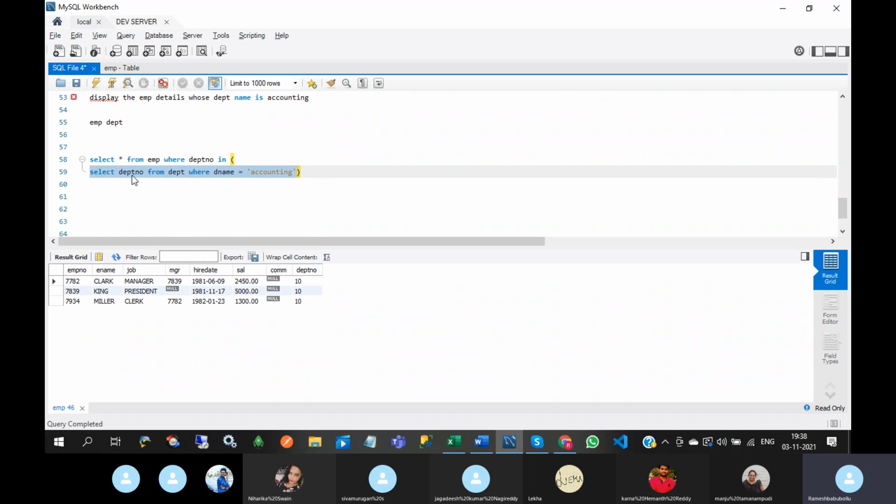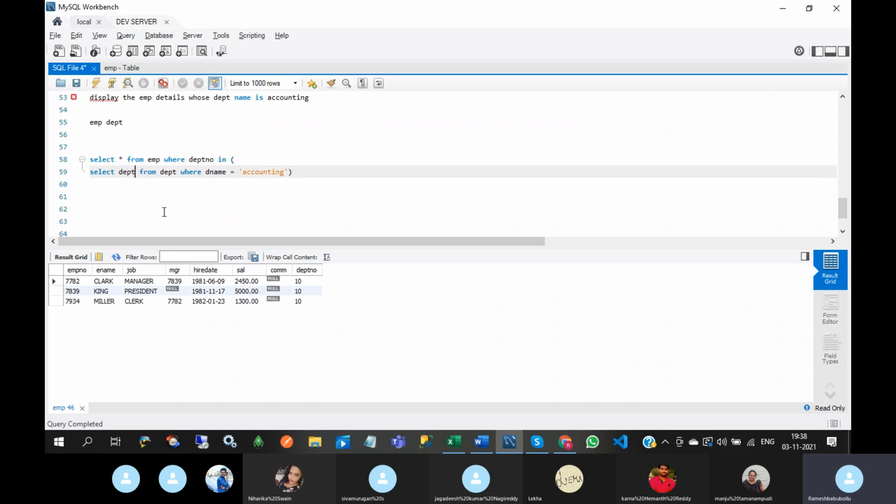In this inner query, you should not write star after select. Why? Because we are mapping this department number to this department number. If you write this star, then it will fetch all the columns and try to map all the columns to this single column, which is not good, so you will get an exception.